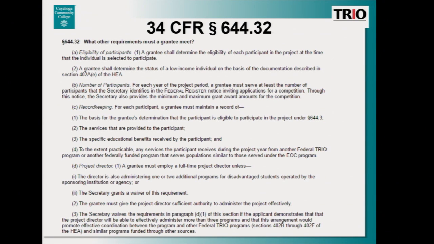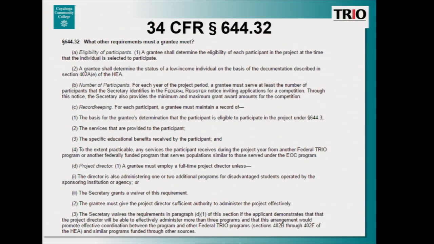This is a rather important note here. Please make sure that prior to providing services to any participant or individual, that you are deeming them eligible to receive services as part of the EOC project. This must be done prior to actually providing the individual services as part of the program.